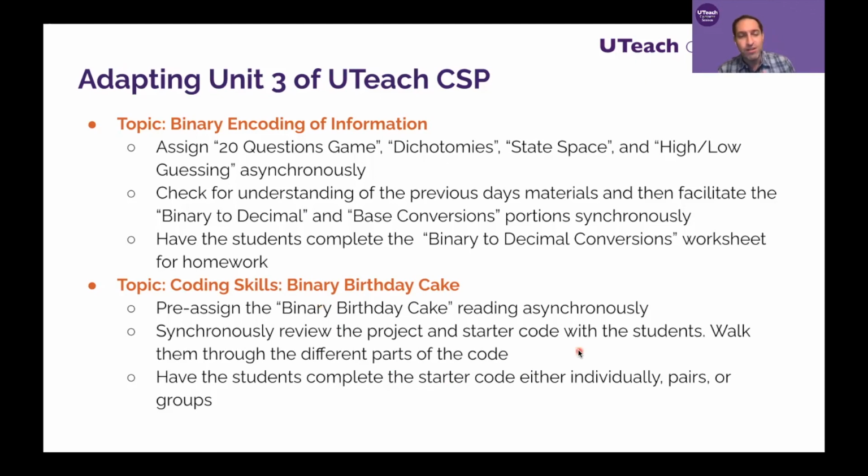That way, when they're in class or on a Zoom with you, you can actually do the starter code and walk them through it as much as you want to. And remember, for the binary birthday cake, our starter code is just what we recommend. You can give them so much more. You can actually map out all the candles for them and then just have them do the part where they're using the join block to join together the binary code. And then make sure that the last block is setting the decimal age back to their original answer, because their answer is going to keep reducing itself down to 0. So even if it says 0 for their decimal age at the end of the project,